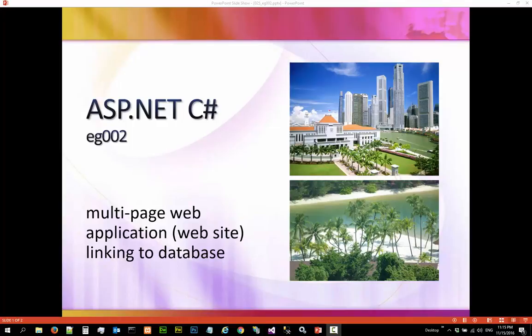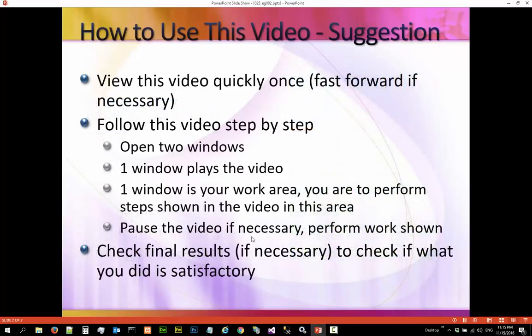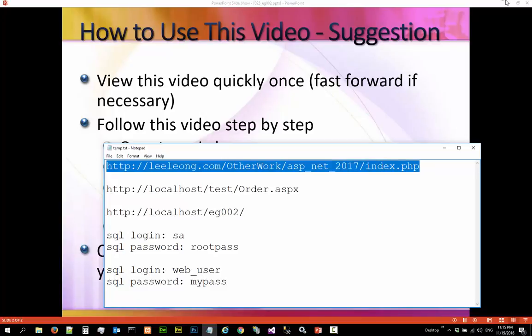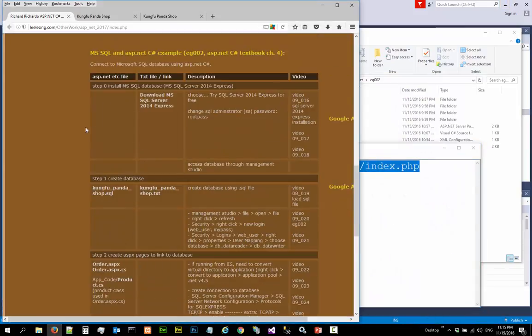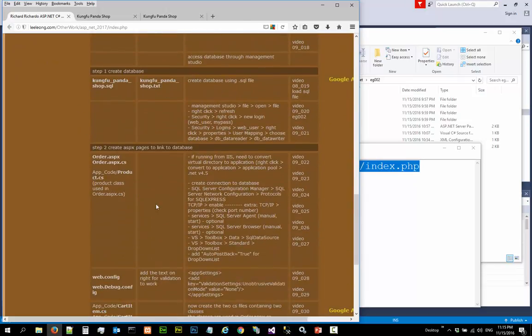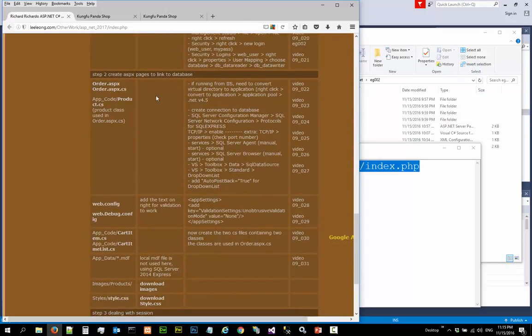Hi, in this video we are going to continue to create a multi-page web application. This is a list of suggestions how you should use this video. The notes for this video can be found at this URL, which is loaded here. The code for this video can be found here. You can download the code from here. Again, this video is to show the process, not really talking about syntax or programming, because that would just